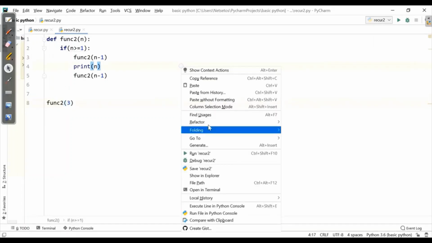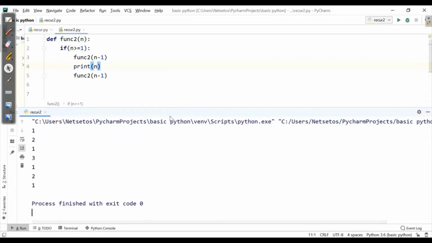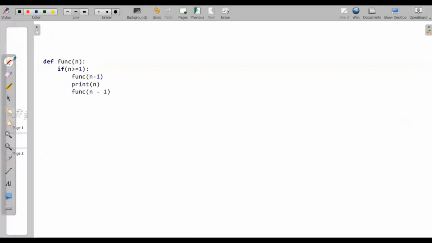So when I print this, I got a different sequence which is larger than before. So let's see how it works. I have copied this function from the PyCharm. Now I can see there is a halt condition and there are 3 lines over here. So we can use the tree method here also, as we did in the last video. We made a tree, then we made a stack, and as per stack depth, we calculated all the space complexity, recursive calls, and time complexity. So let's start here.